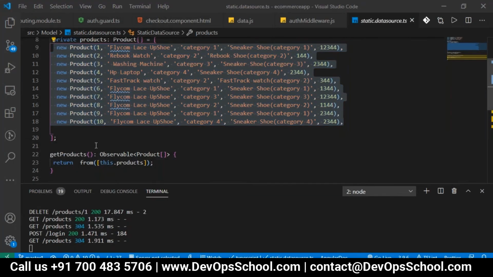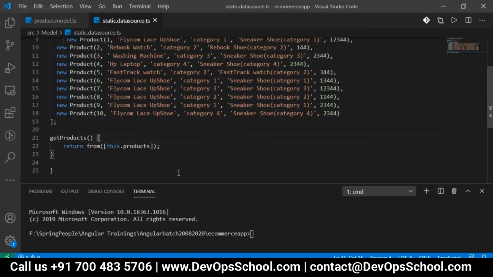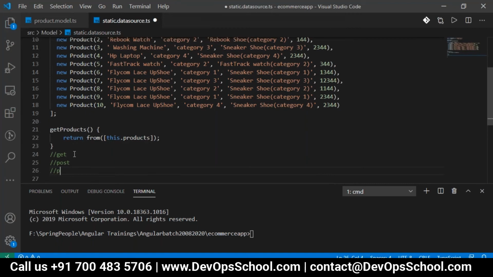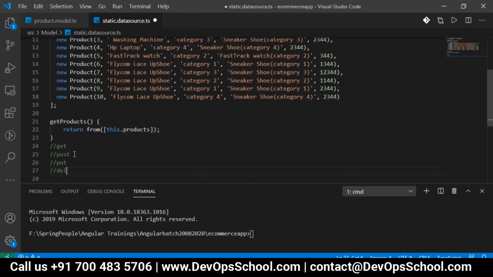Whenever you work with REST API, we will have the methods get, post, put, and delete.